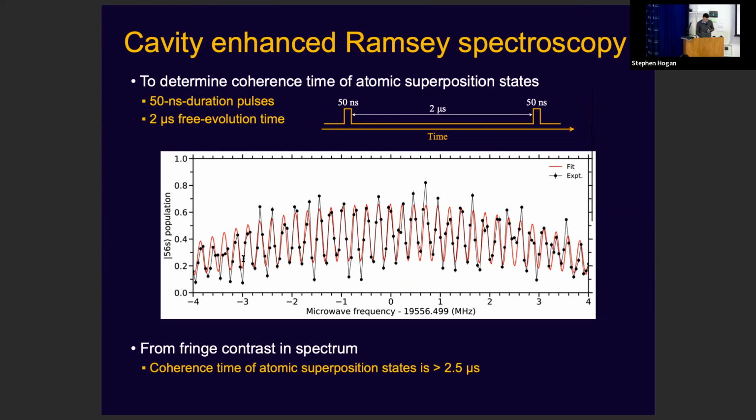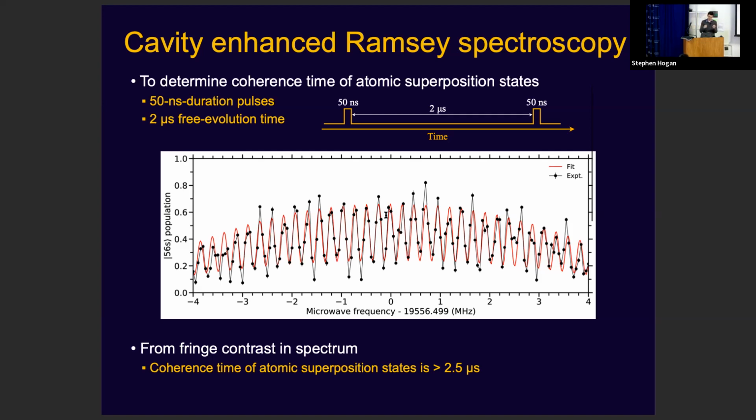So this is just a part in the middle of this Ramsey spectrum under these conditions. It takes quite a while to measure, so we don't measure many points, but the red is a fit to this. And you can see that we still have reasonable contrast of 40 or 50% on resonance after this long free evolution time. From this, we can then tell what the coherence time of the atomic superposition states is,